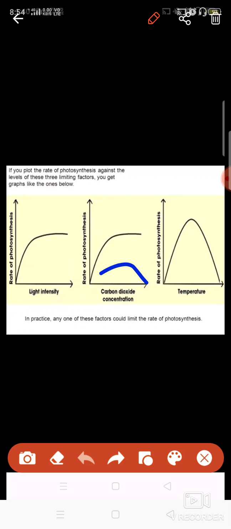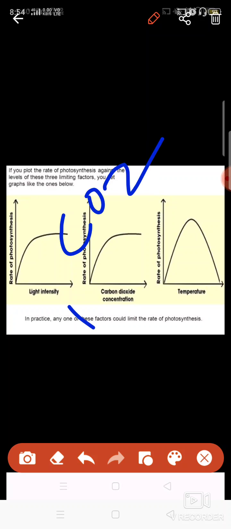Okay, then you see carbon dioxide concentration. Basically two things are happening here. If you are increasing the level of carbon dioxide, then up to a certain time it will be beneficial for the plants. Then later on the rate of photosynthesis will become constant. There will be no change in the rate of photosynthesis. And one more thing, a larger amount of carbon dioxide also damages the cells of the plants, so it is not very good for the plants. Higher concentration of carbon dioxide is not good for plant growth.